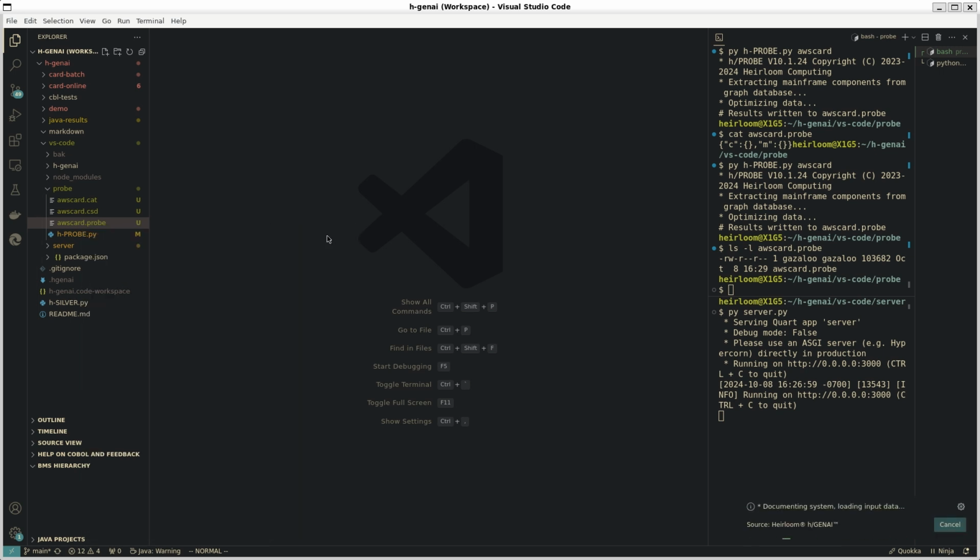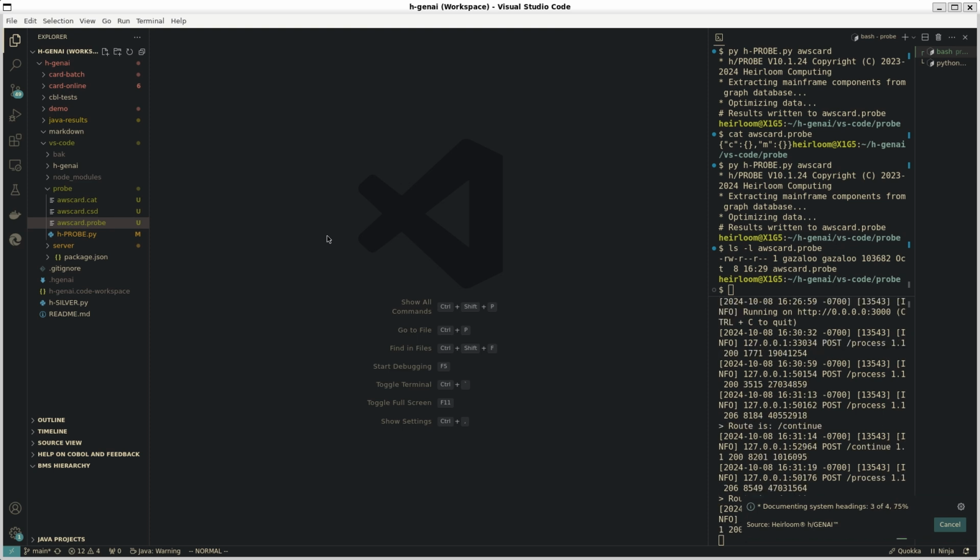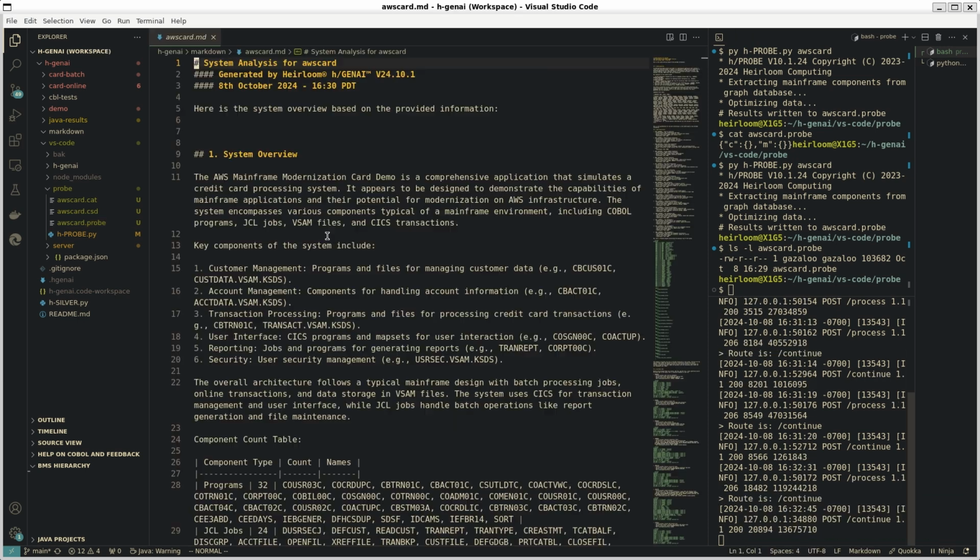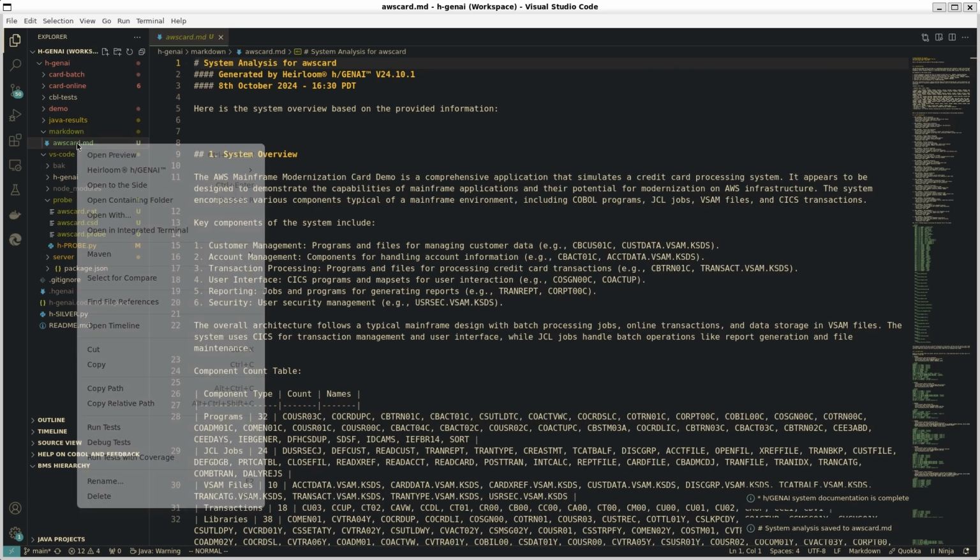Using Heirloom's VS Code plugin, it couldn't be simpler. In the bottom right corner, you can see the progress and a summary of the requests to Heirloom's AI. These requests are contained within a side file, which means you can easily customize the type of reports that you want to generate. The report is created in standard Markdown format, and we're going to use a viewer to scroll